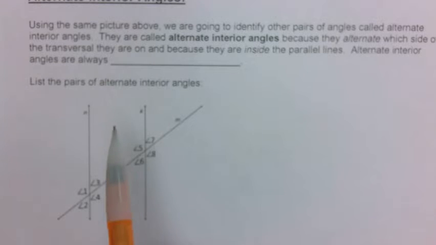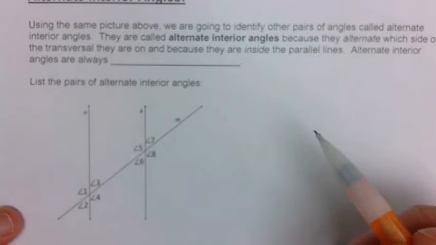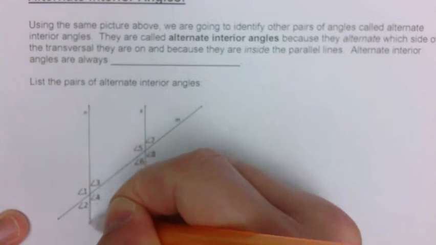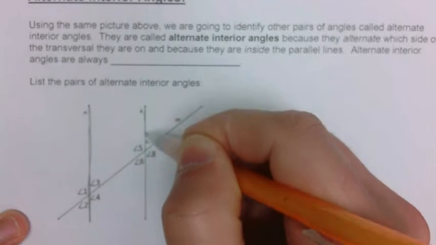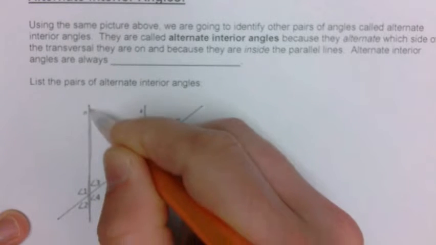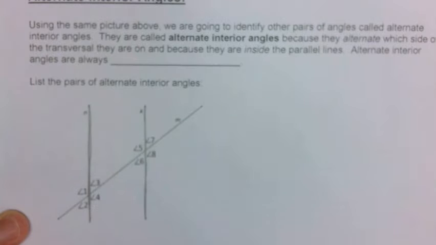Okay, these types of angles alternate which side of the transversal they are on, and they are inside of the parallel lines. So that's what we're going to do, see if we can find pairs of alternate interior angles. If this is line N and this is line K, they're parallel to each other. I'm only going to look at the angles that are inside of these parallel lines, which are angles 3, 4,